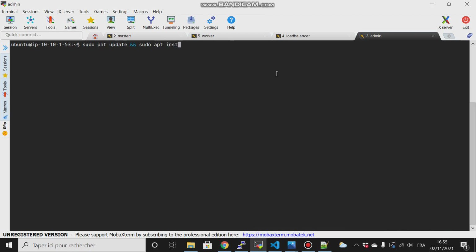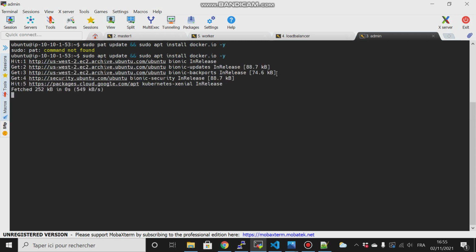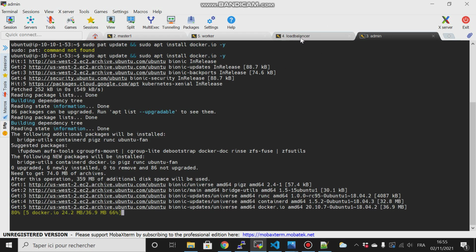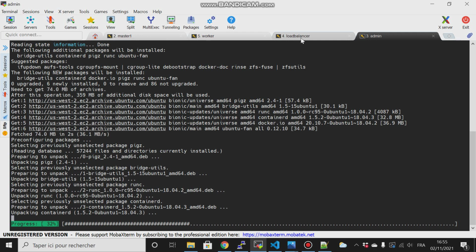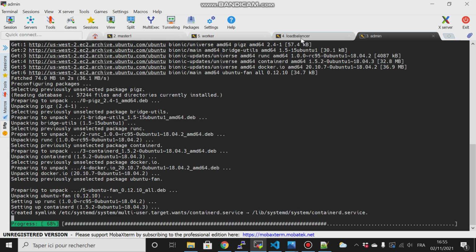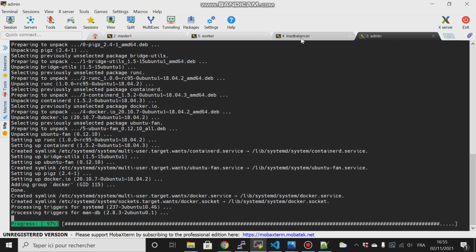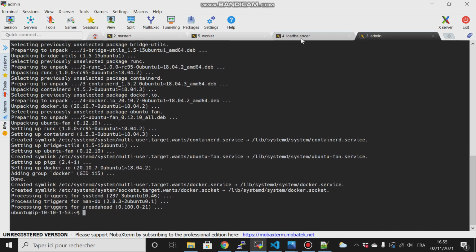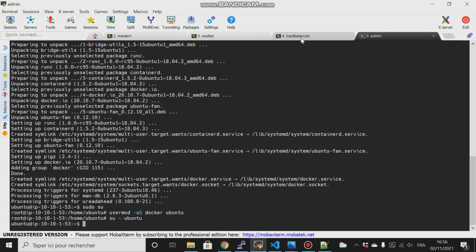Then apt install docker.io, yes. So I will switch to the root and then usermod -aG docker ubuntu user, switch back to ubuntu, and then now for the docker ps,